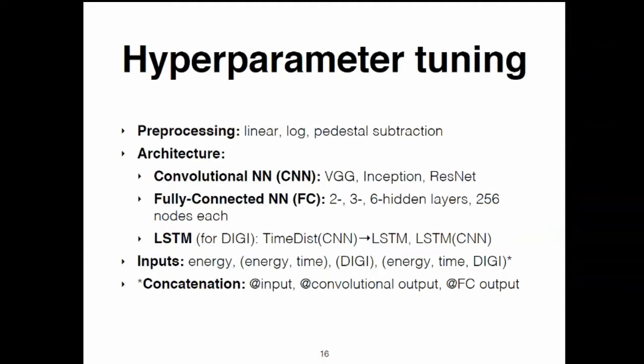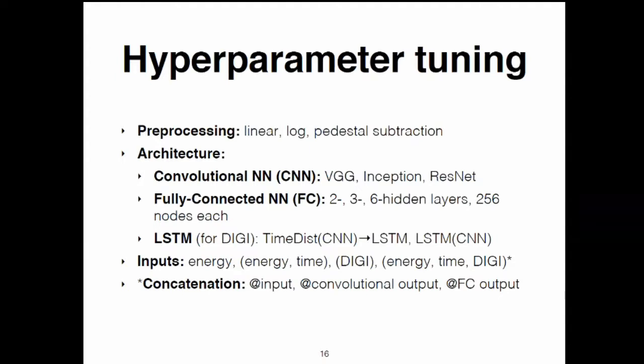In addition, because the digis, if you recall, are a sequence of images, essentially a short video of the shower evolution, we also tried applying LSTMs in 2 implementations. The time-distributed CNN is where, for the digis, you have 10 of them. Instead of stacking them all in one convolutional net, you actually have 10 distinct convolutional nets which you flatten, then feed to an LSTM. That's the first one. The second one is where the LSTMs actually operate on the convolutional layers themselves.